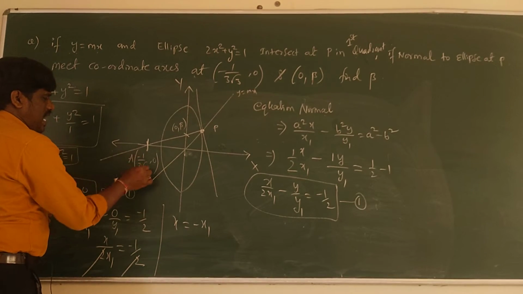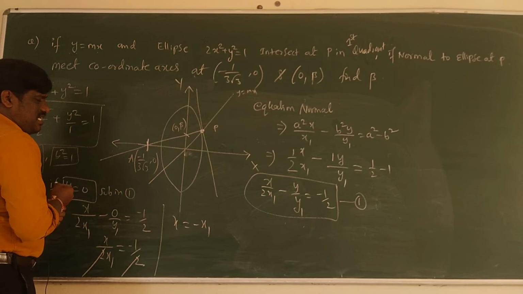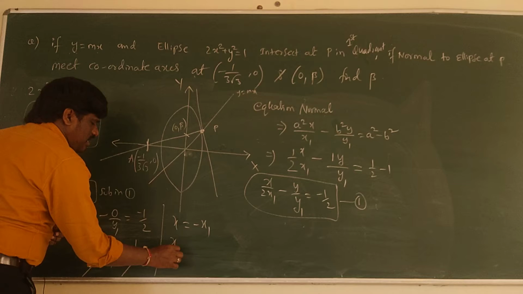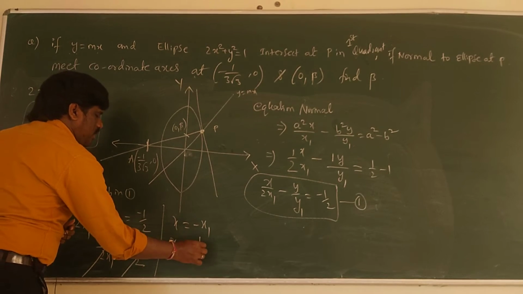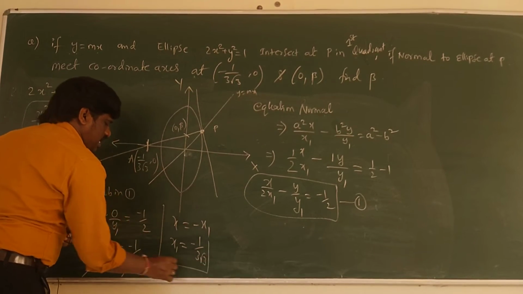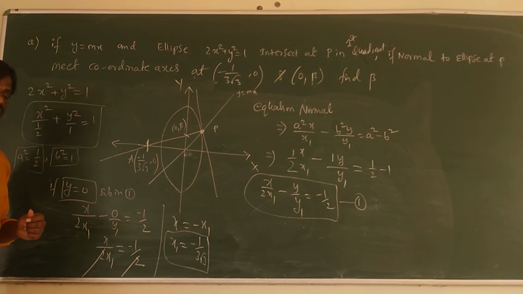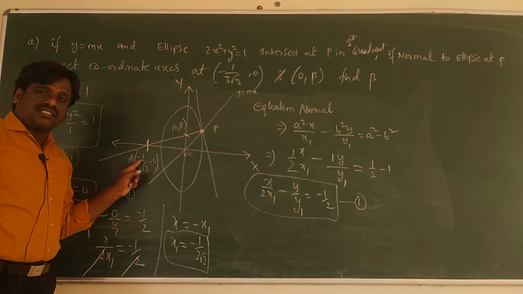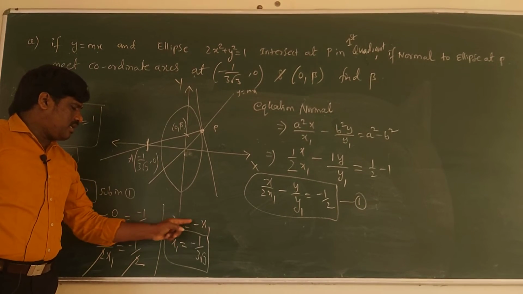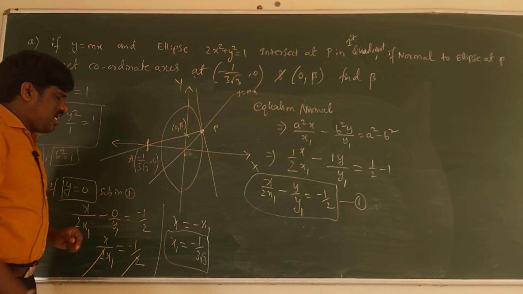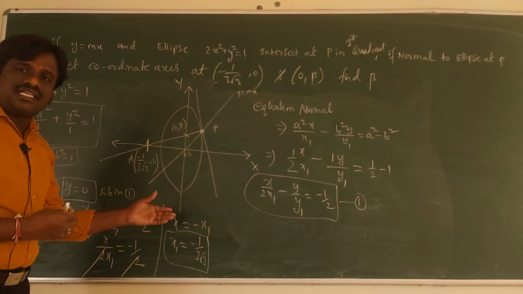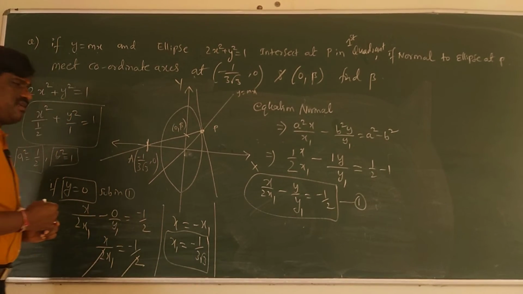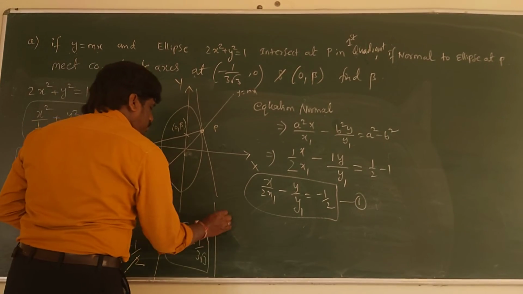So here if you compare this x, what is the value of x here? X is minus 1 by 3 root 3. So x1 will become minus 1 by 3 root 3, I am going to get. Because y I substituted 0, this is x. If this is x, then x1 will be minus 1 upon 3 root 3 because x is equal to minus x1 here. Therefore, I got x1 is equal to minus 1 by 3 root 3. This value I will put here.